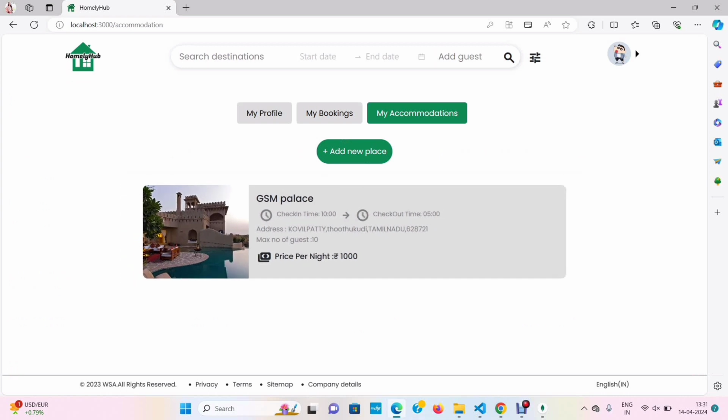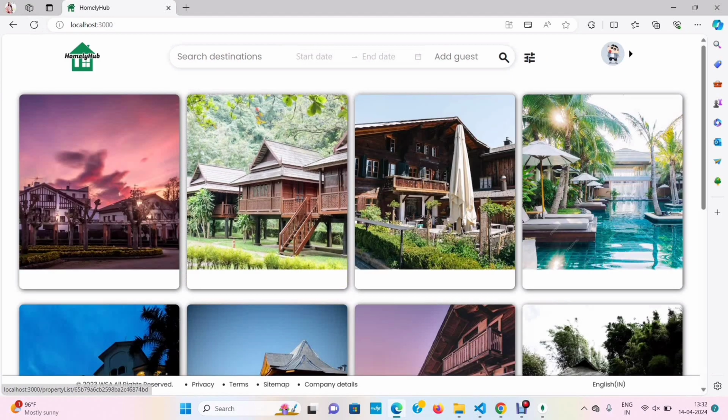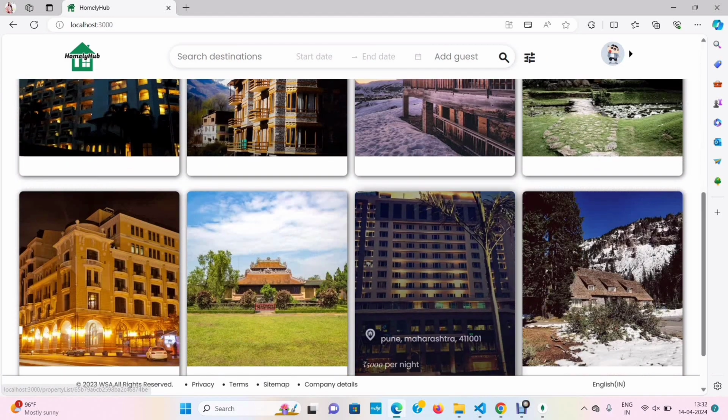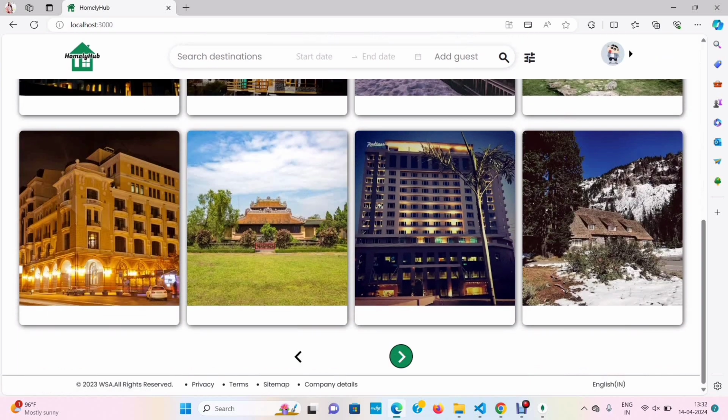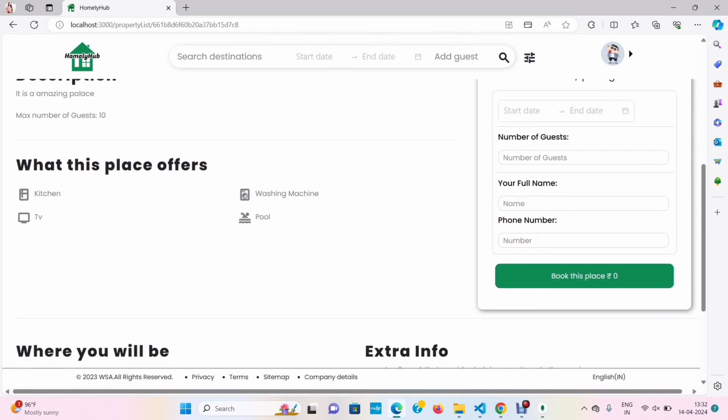I have given my own accommodation. I am just renting it to the website. So if I go to the main page and navigate to the next page, there we have the palace. So there it is. I have these 5 images I uploaded, which are nothing but the same image,